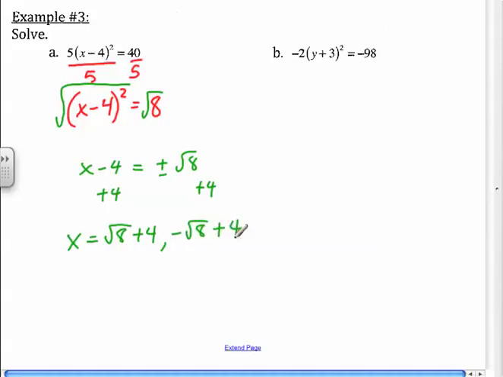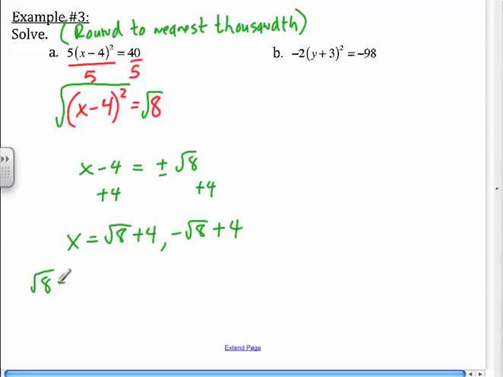Now I'm going to get my old trusty calculator out here. All right. And I'm going to do the square root of 8. I should have had up here, guys, round to nearest thousandth. I should have had that, but I didn't, but there it is. There you go. All right. So, the square root of 8 is approximately, shouldn't say equal to,